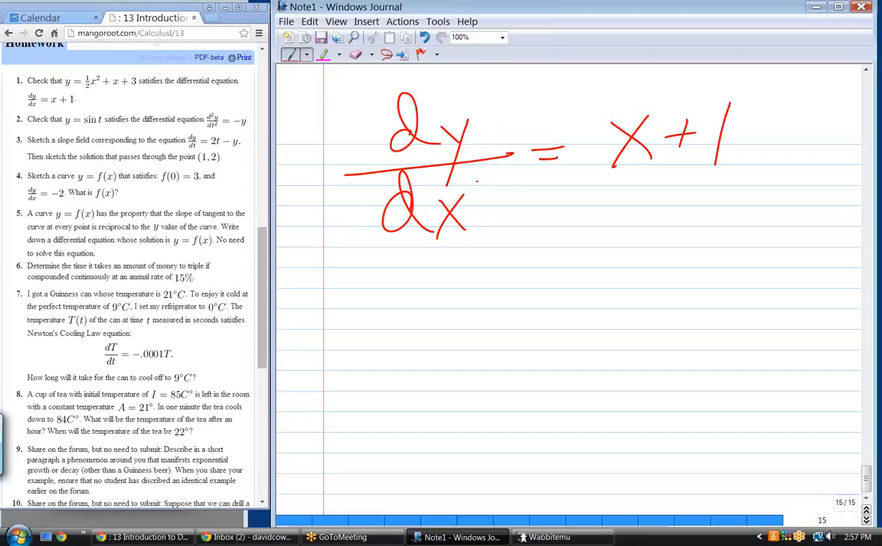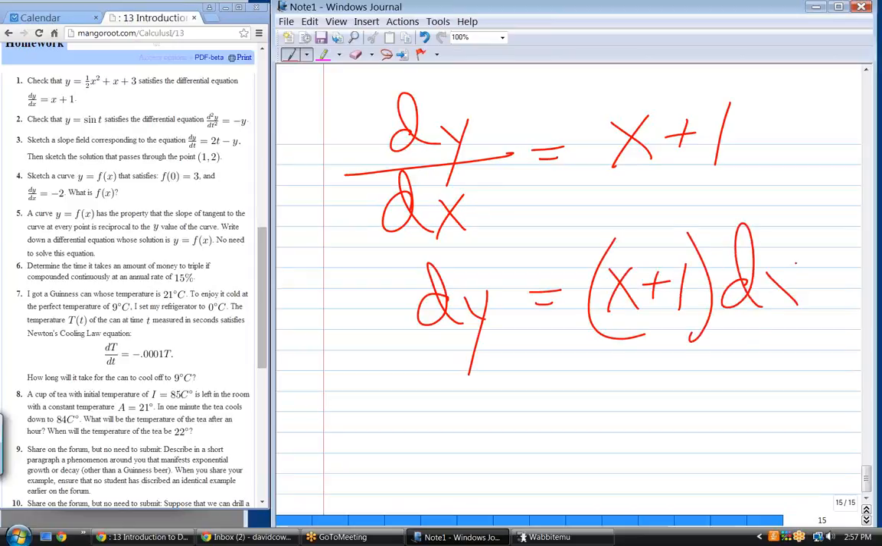This is called a differential equation. Why? Because it has differentials. Anything that has a differential in it is a differential equation. This is a first order simple differential equation. Why? Because I can separate the variables and then I can integrate. In other words, if I multiply both sides by dx, I get this. Now if I integrate both sides,